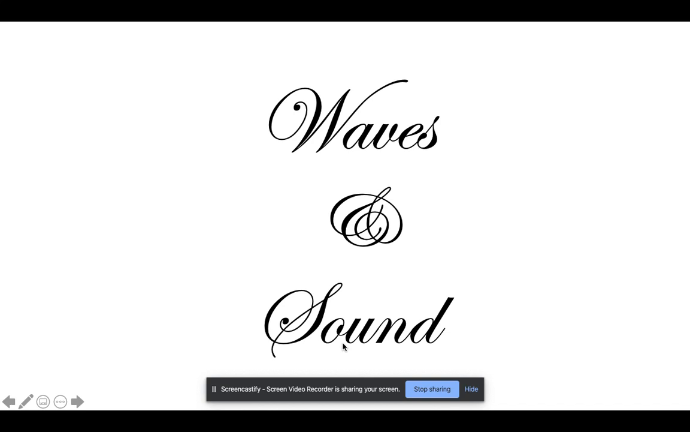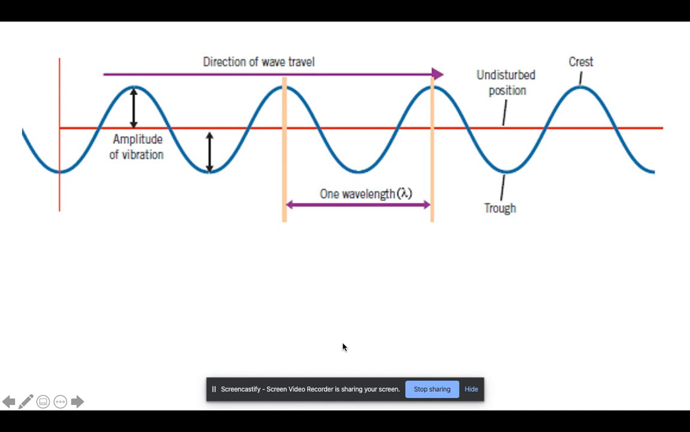Welcome back. Today we're going to continue our discussion of waves and sound. We're going to be focusing on some general properties of waves, and we're going to go back to our picture of a transverse wave that we were looking at last time. If you remember, we ended with the transverse wave by talking about the wavelength, or the distance between two